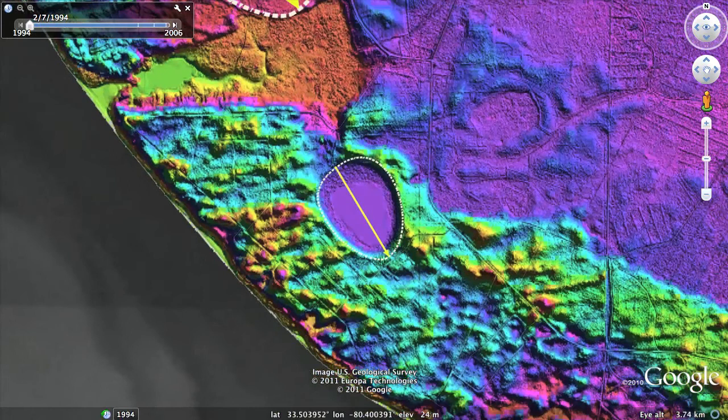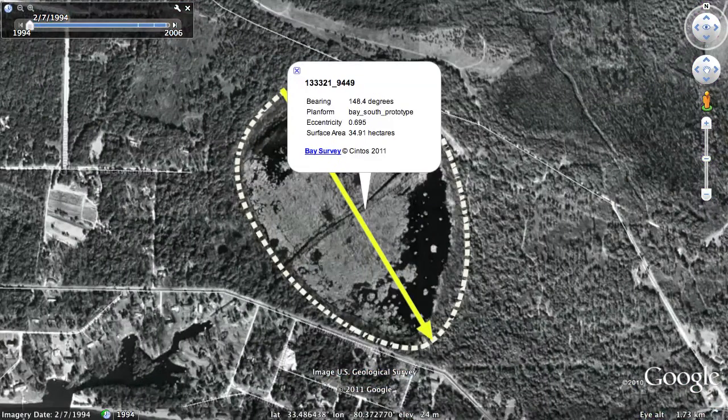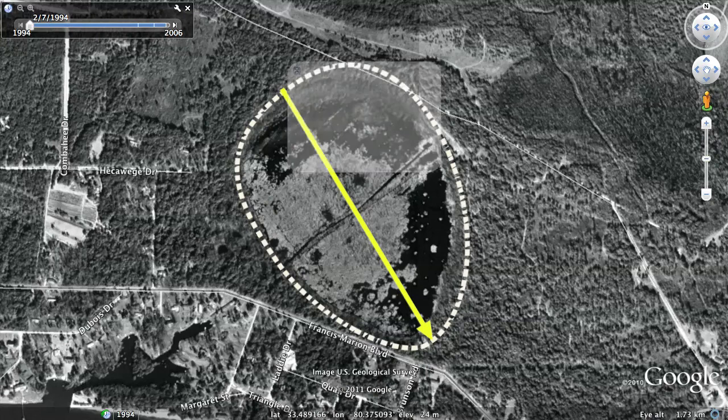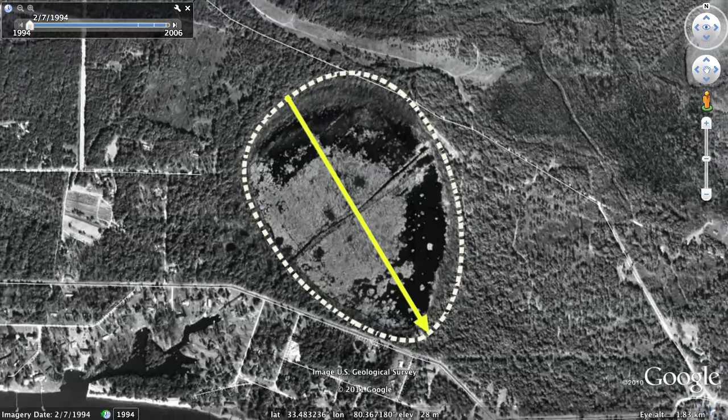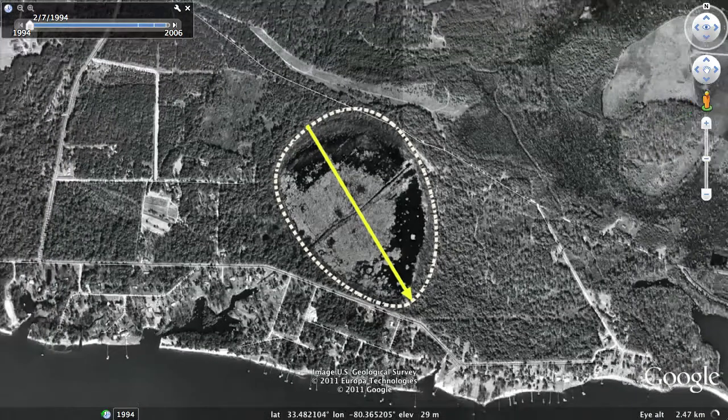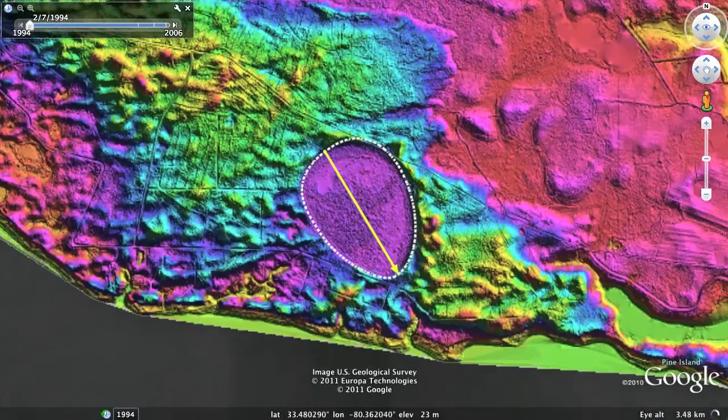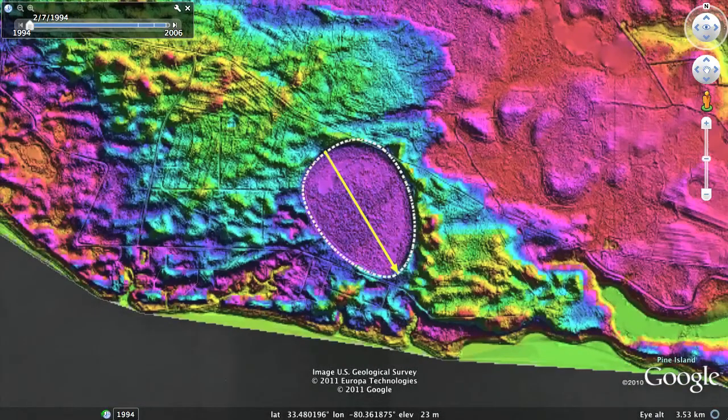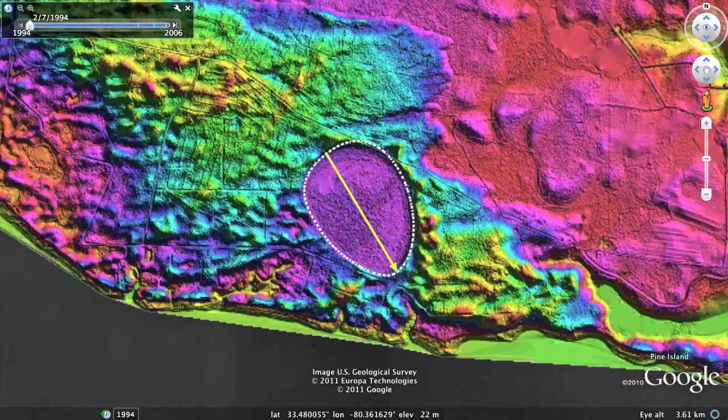Now as we move to another one of them, we'll see the same situation. This is the 9449 one. It looks pretty much the same. And as we back out, again, the LiDAR imagery will come in and we'll see the fit. Now you'll notice here we have to be very careful, and we're relying heavily on LiDAR for these plan forms to show the true shape of each of these bays, because as you see as we zoom in here, quite often